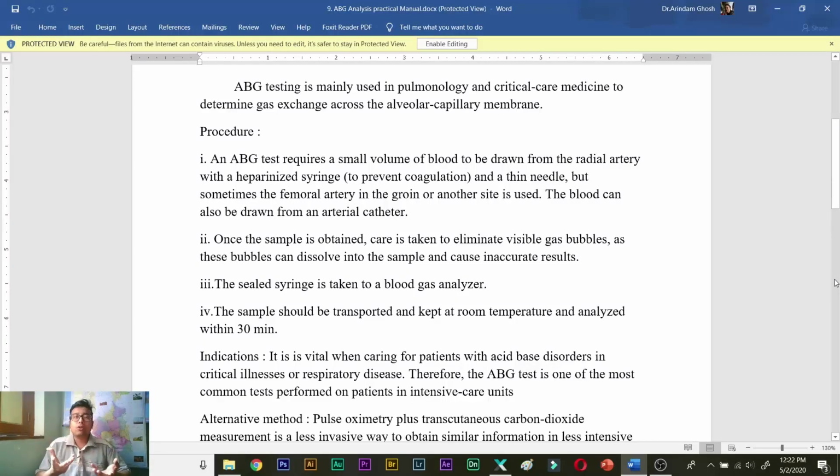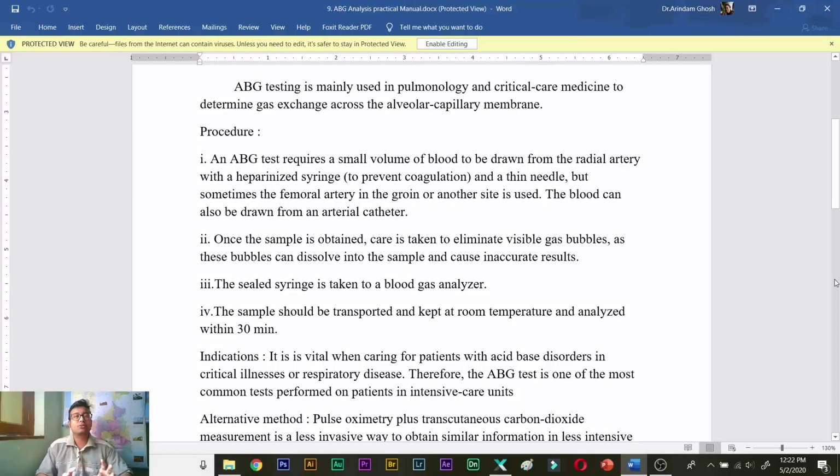You will know in future that for a routine biochemical test, the blood sample is sent to the central lab. Over there are machines, and we analyze them with the help of various auto analyzers. But in case of ABG, there is no time to send, there is no time to receive, and no time for report collection. It is an emergency procedure, so it should be done right then at the bedside.